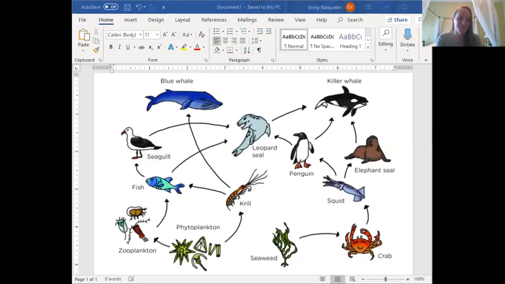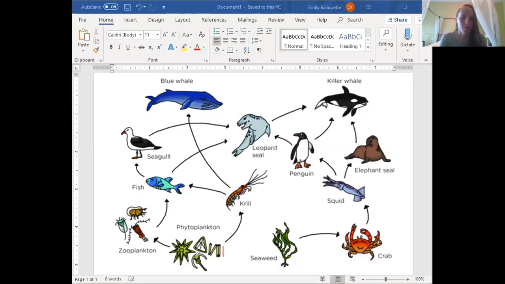Okay, so let's go through what this would look like. I recommend always starting with your producers. So find your producers and then go from there. So I'm going to start with the phytoplankton down here, and I'm going to name the trophic levels first. Doesn't matter if you start with the trophic levels or the different types of producers and consumers. I just find the trophic levels easier. So this would be trophic level 1 because it's a producer, and then we're just going to follow the arrows,